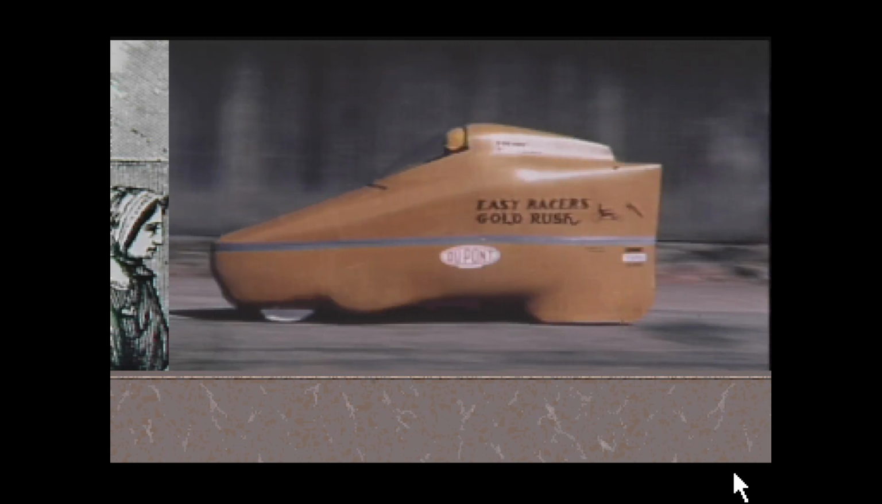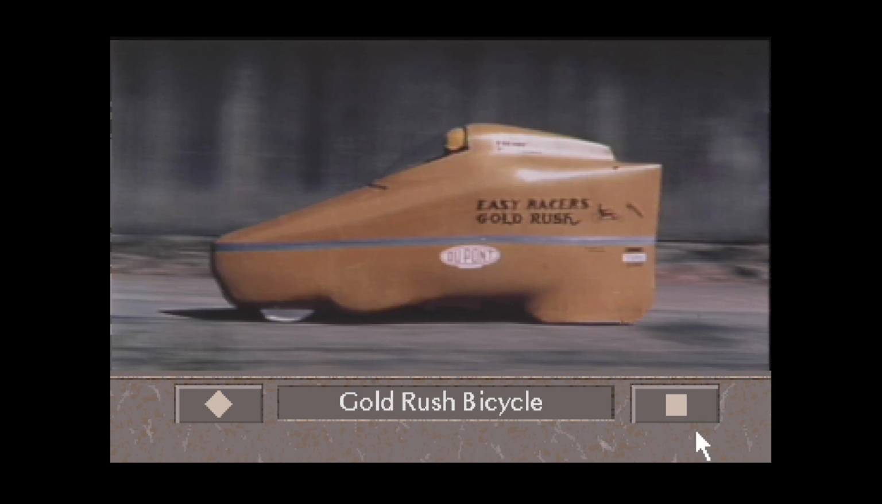This is a bicycle? It sure is. In fact, it's the